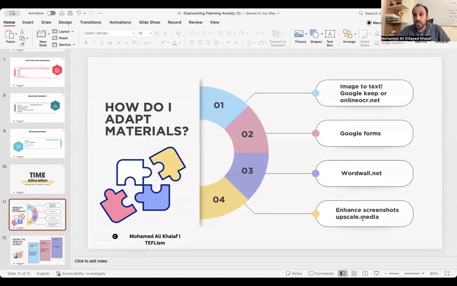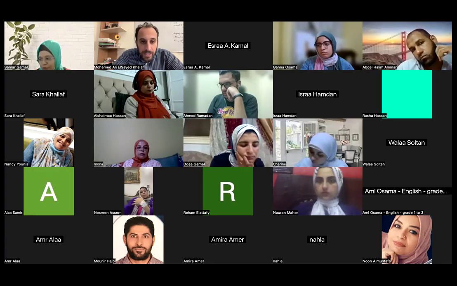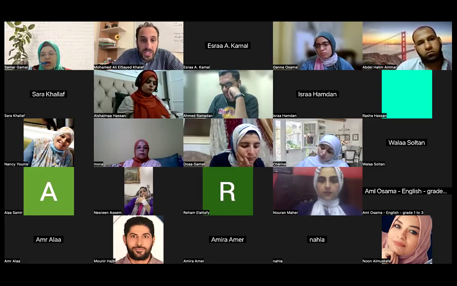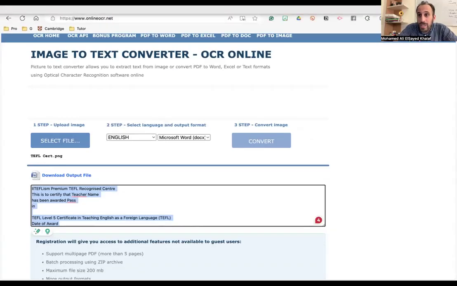If you have an image, even at home for one of your friends or one of your grandparents, and you want to improve the quality, you can enhance it using upscale.media. It's an effective tool to improve the quality of your pictures or your handouts.